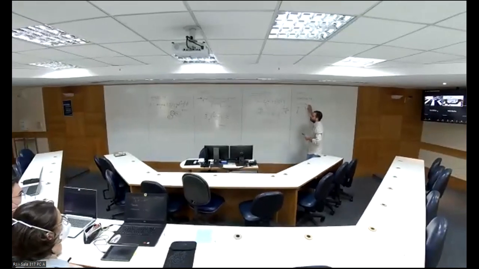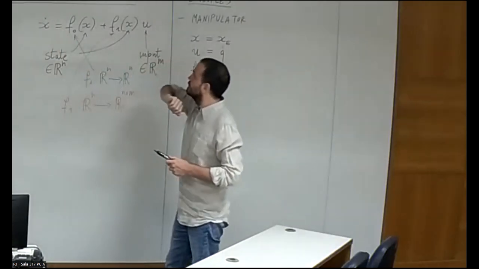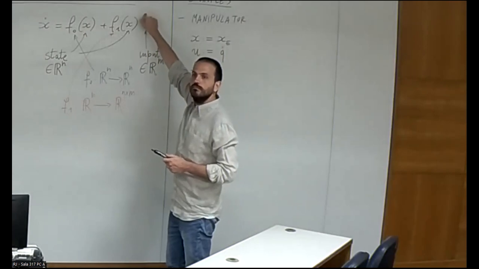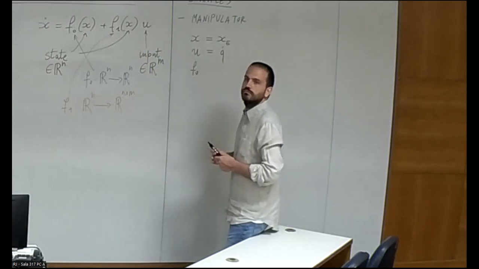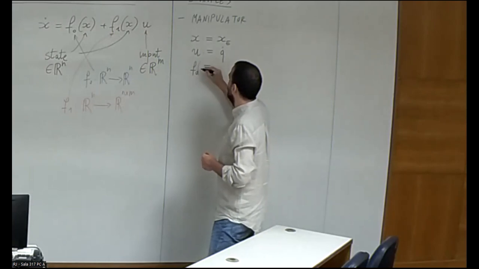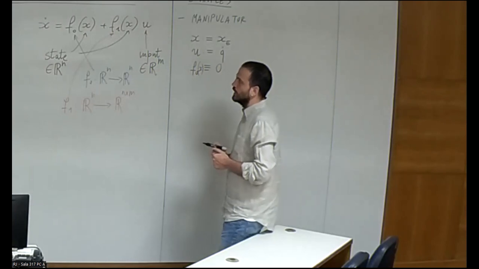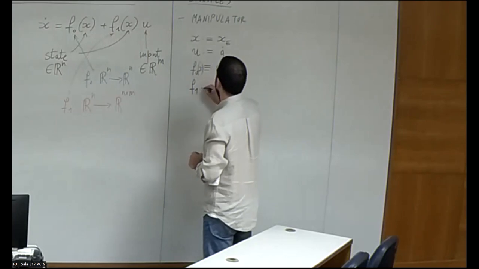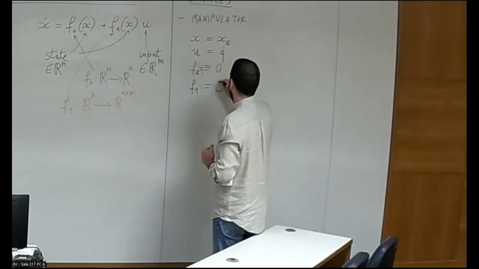How do we write that in this form? This is xe dot, this is q dot. This is the zero function, for any x, this is equal to 0. There is no such term. F1 instead is what we call K,